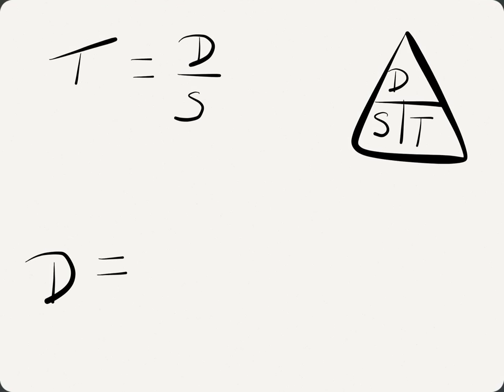D equals, we cover up the D, and this time we've got the S is next to the T. So, S, T. And if you remember from the first page, when letters are next to each other, you multiply them. All that you've got to do now is throw in the numbers, use a calculator, find the answer, and you will